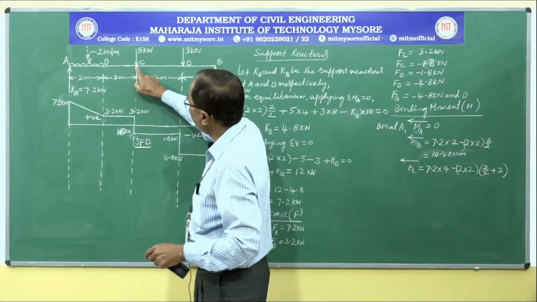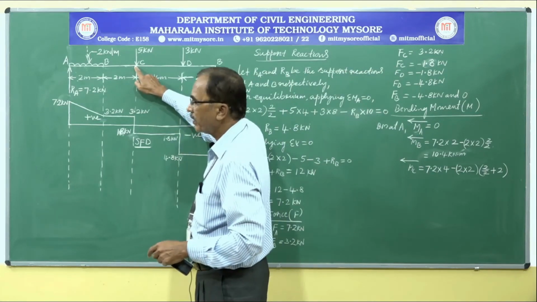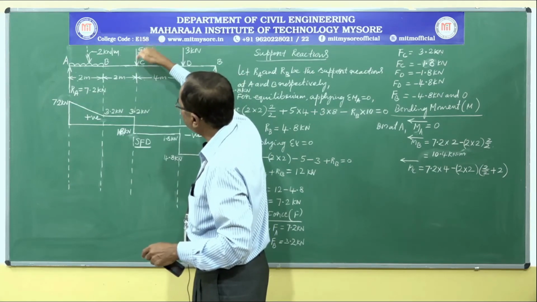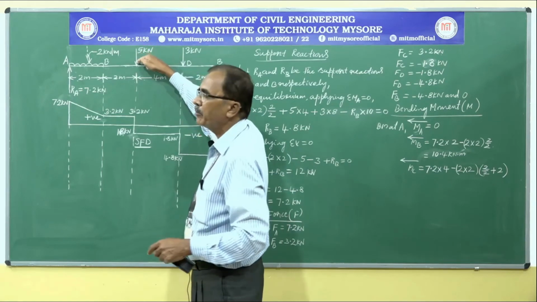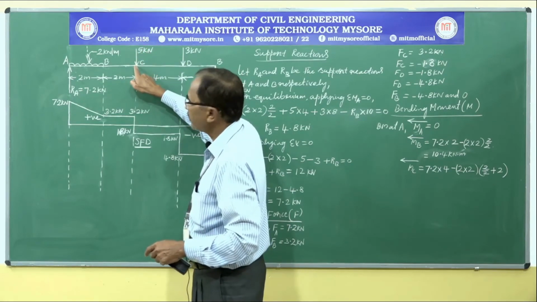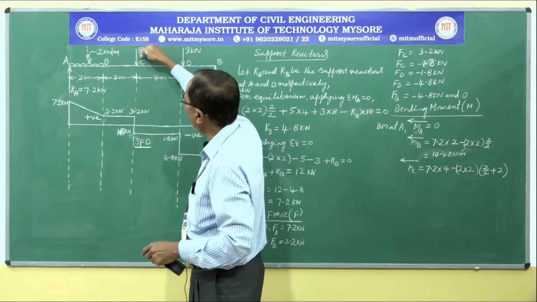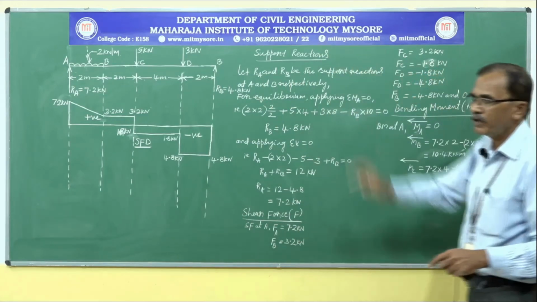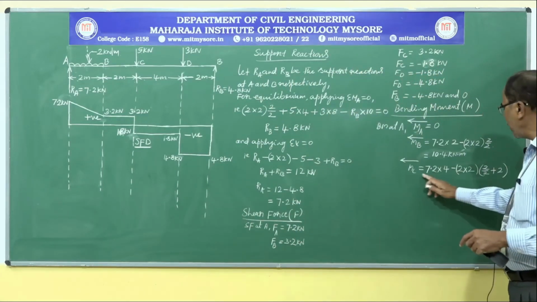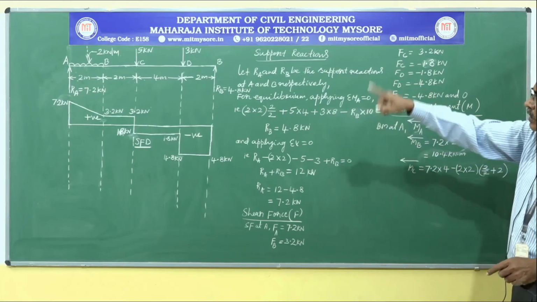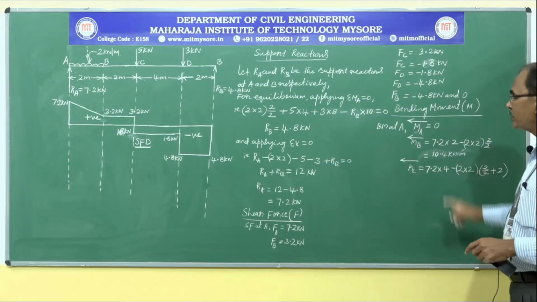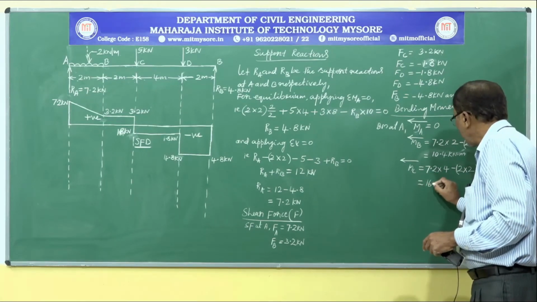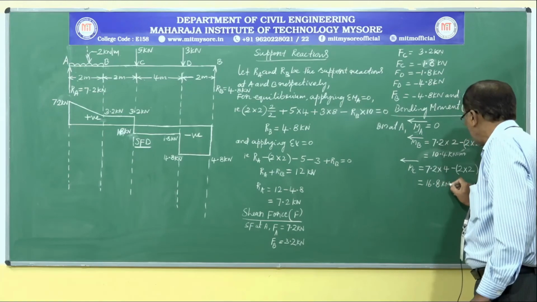And if you come to point C, we are taking moment at point C, a point load is acting at C. If you consider the moment of this 5 kilonewton at C, this 5 kilonewton will not create any moment because there is no perpendicular distance to this force. The line of action of this 5 kilonewton force passes through C only, hence it is not creating any moment, and we are not considering this 5 kilonewton. So the bending moment due to this reaction and UDL is considered at point C, and this works out to be 16.8 kilonewton meter.